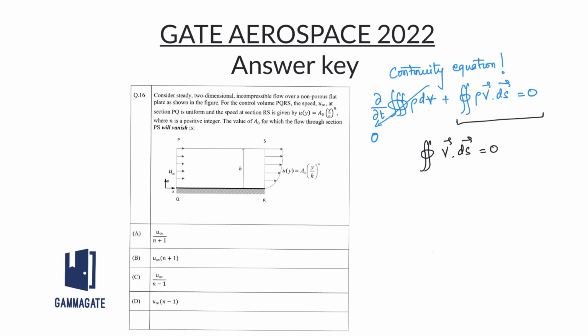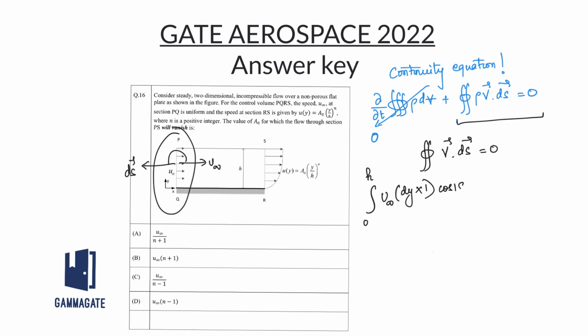So applying this equation in the control volume, let's look at the left hand side. We see that the integral is from 0 to the height h. The velocity is u free stream and the area is given as dy times 1. Since the area vector is outwards, the angle between the area vector and the velocity vector is 180,